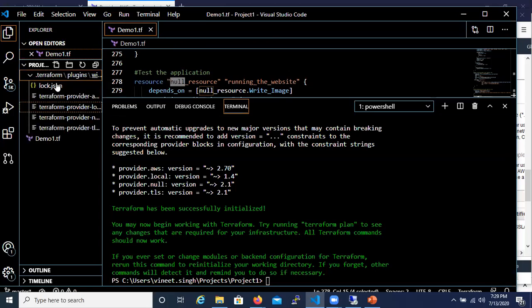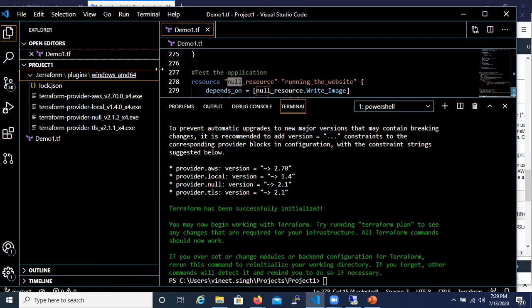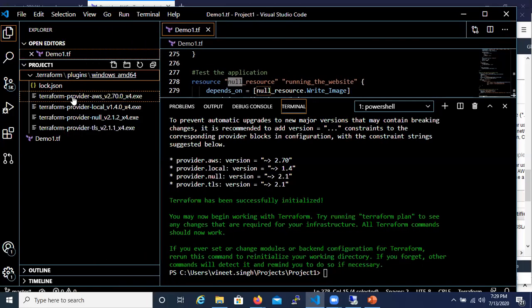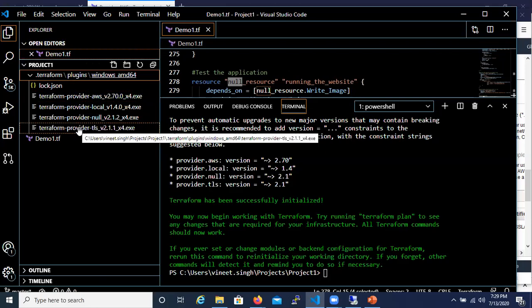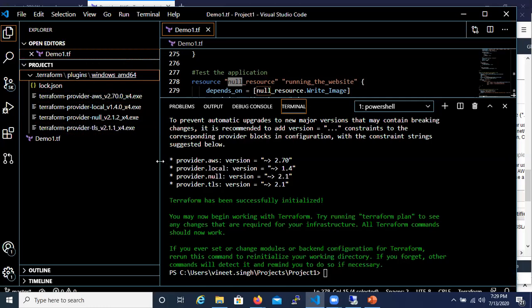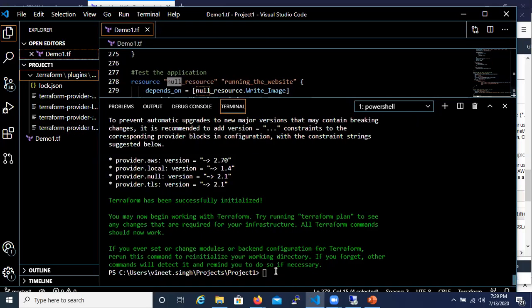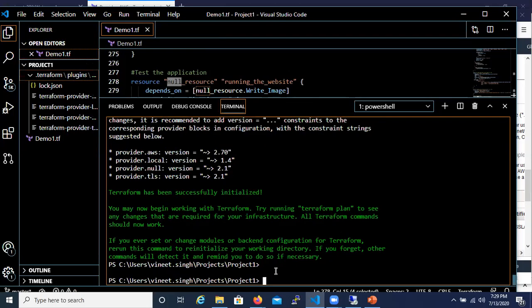This block will have my different provider configurations. This will not be present unless you initialize your configuration.